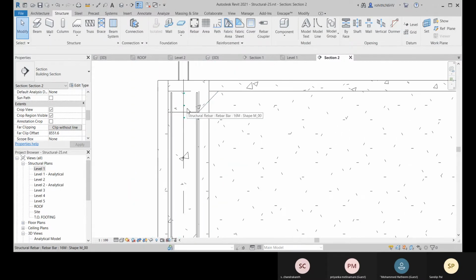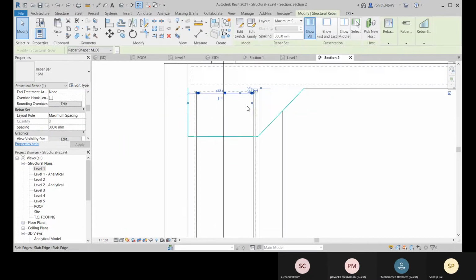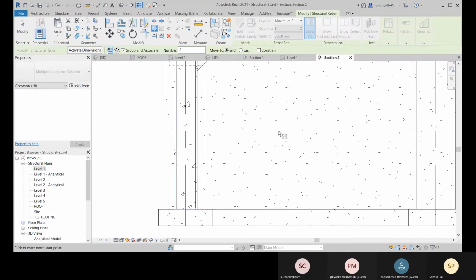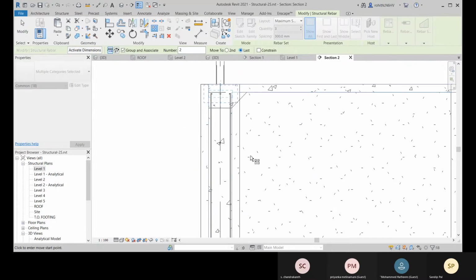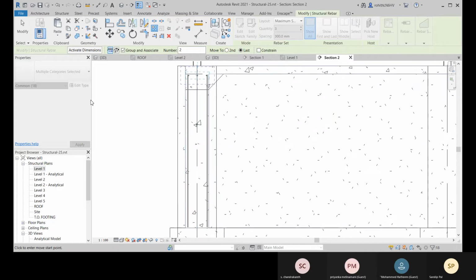Okay, so let me just undo it, and let me show with the array, and I'll place it on the last. Or else you can place it to the second.